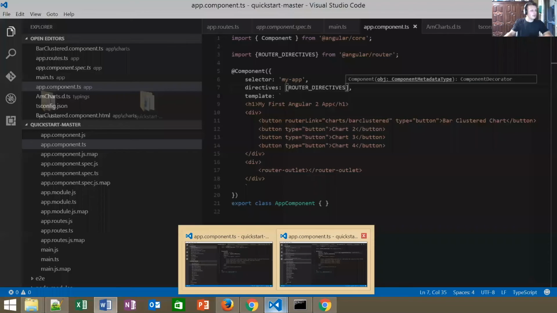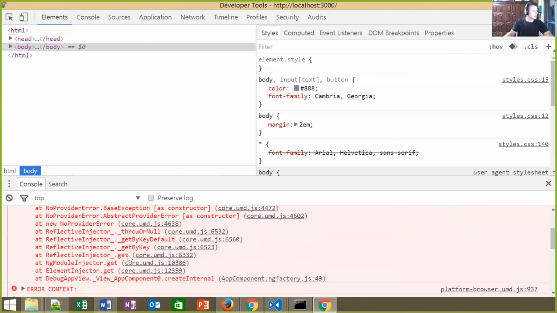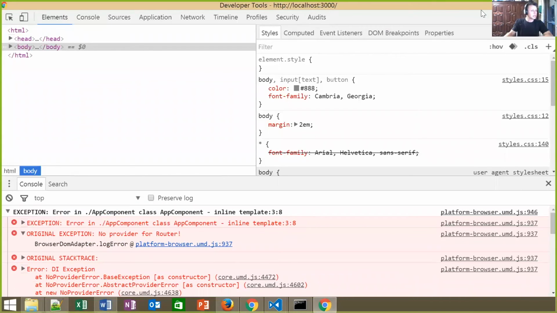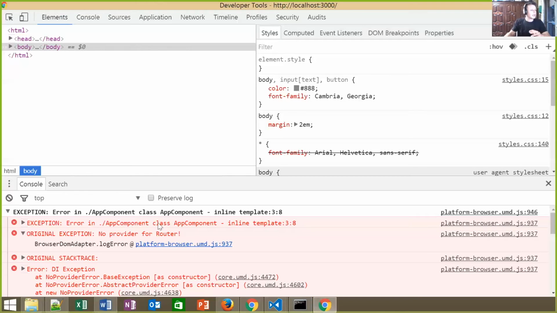Okay, so if I come back here, everything seems to be correct. Let me just check the line of the error. It says in the template 3.8. Okay, 3.8. So basically, what's going on here? Let's try to understand. It's saying in the error that there's no provider for router,